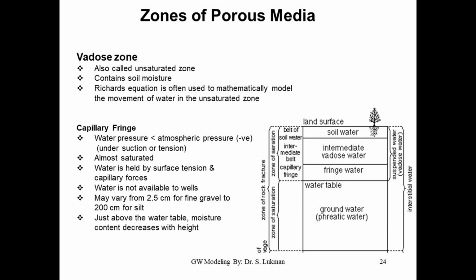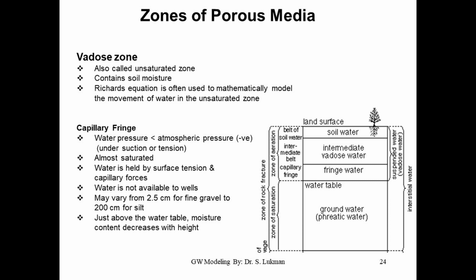So the water pressure is less than atmospheric, which is negative, under suction or tension. You must have had this word, tension or suction, in engineering soil science, and that's what it's referring to. Suction head, tension head. In fact, what do you use to determine it? The tensiometer, isn't it? Can you remember that? You are not as old as I am, so I took this course years ahead of you. Your brain should think faster than mine, isn't it?